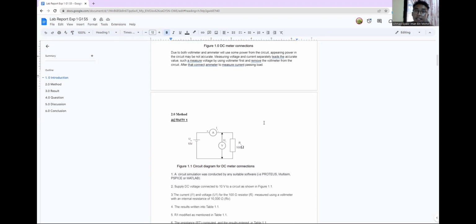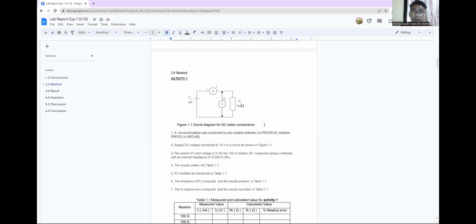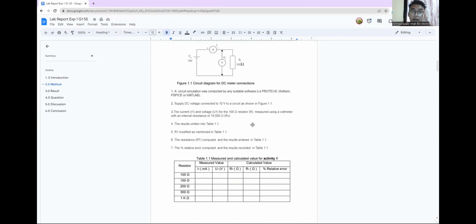Okay, next I will present the method. For activity 1, firstly we need to conduct a circuit simulation using any suitable software, such as Proteus, Multisim, PSPice, or MATLAB. Next, we need to supply a DC voltage of 10 volts to the circuit as shown in figure 1.1. Next, the current